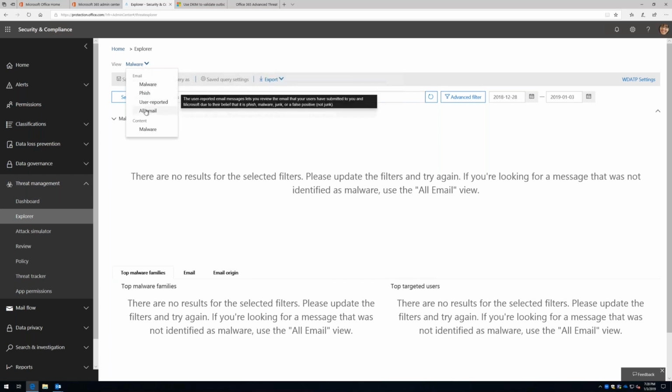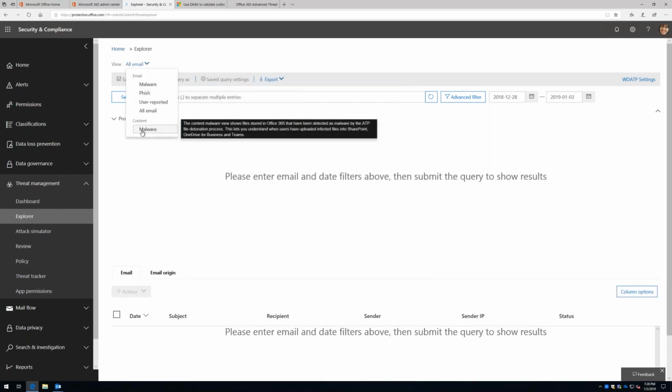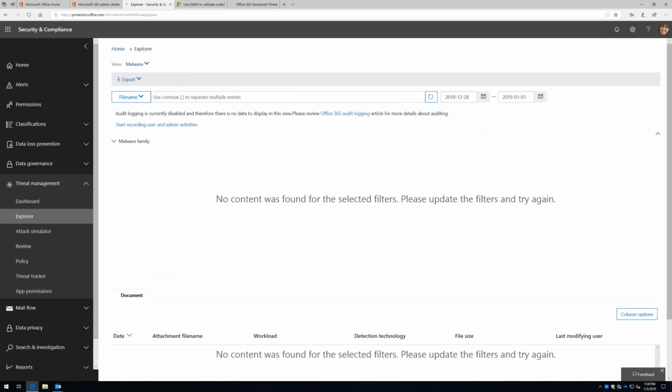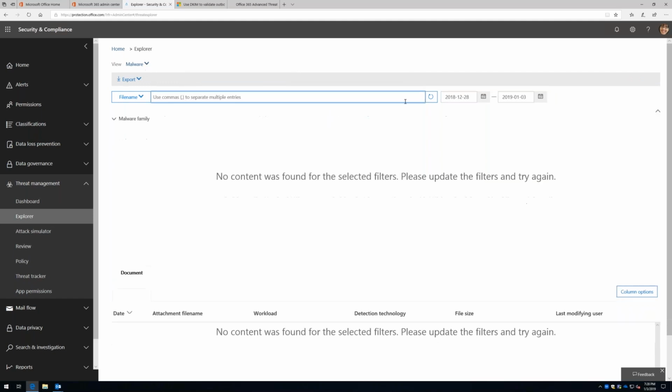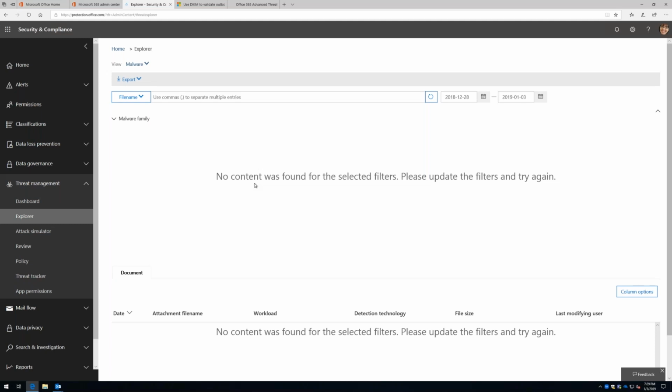Now, I did do some tests here this morning for you all, and I uploaded a malicious file to my OneDrive. And let's see if it's been able to update here. Looks like it hasn't updated yet. But here is where I could actually see that piece of malware. It'll tell me the malware family.